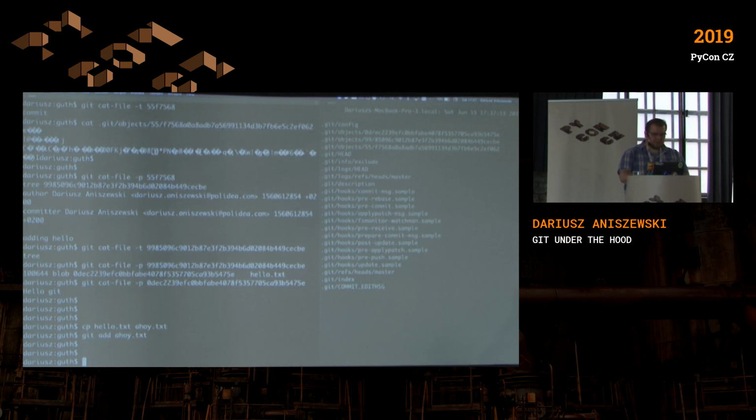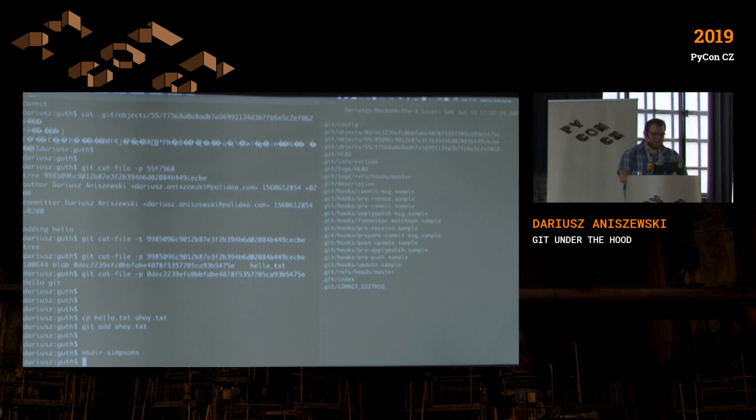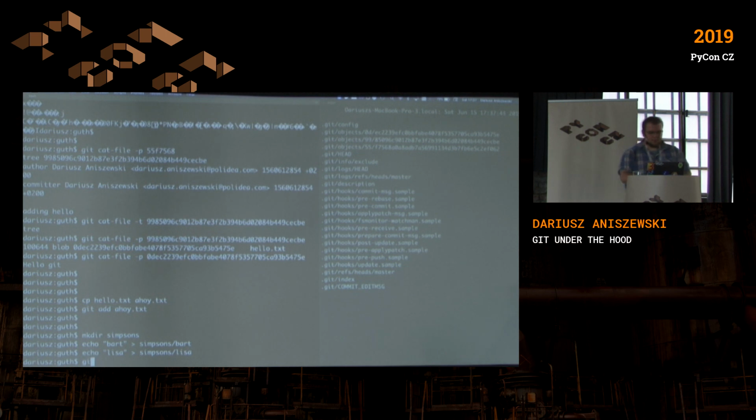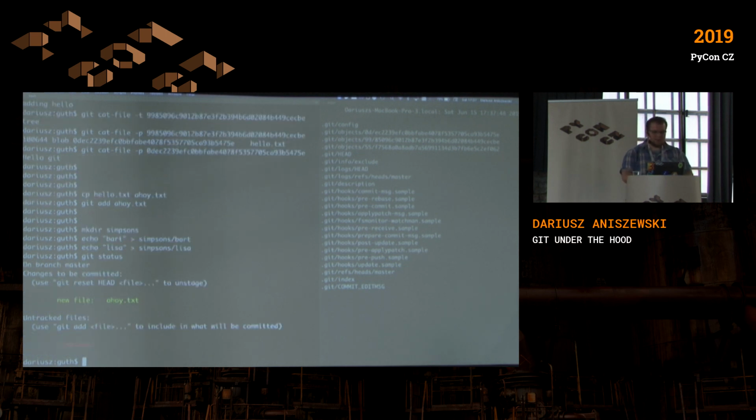Let's see maybe how Git stores directories. And let's make a directory. I watched Simpsons a long time ago, so let's use it. Simpsons. And I will simply put the characters there. So echo Bart. What will happen now that we have a new file ahoy, and we also have a new directory to add. So if we add it,